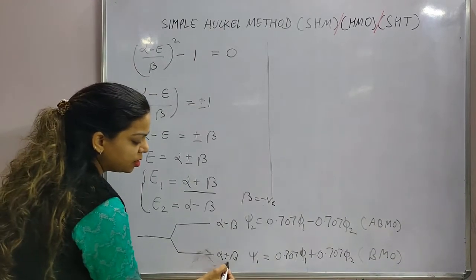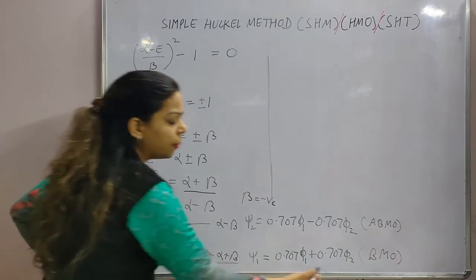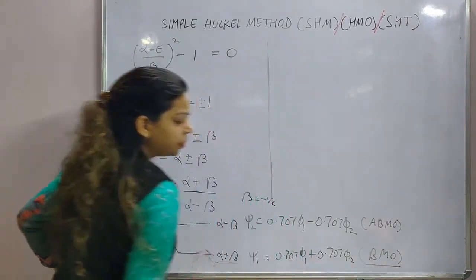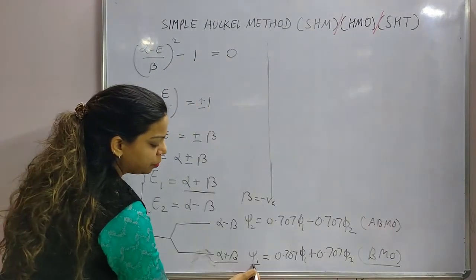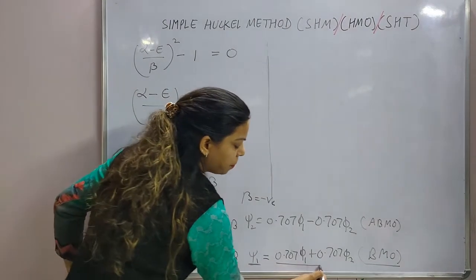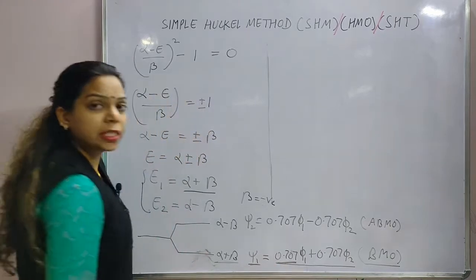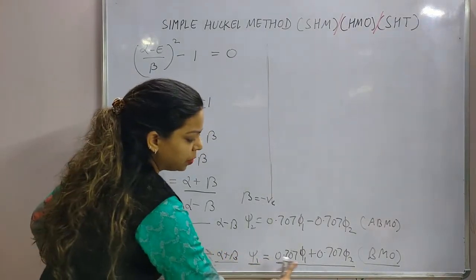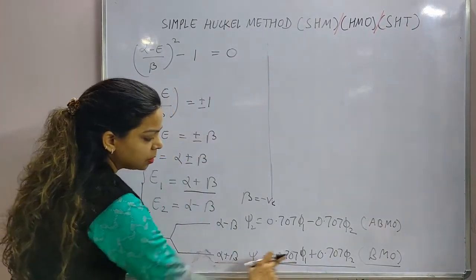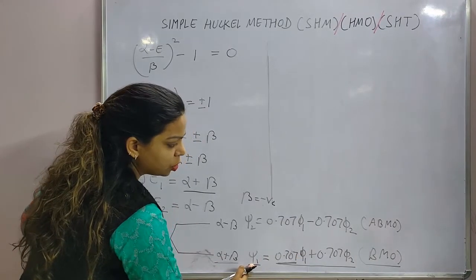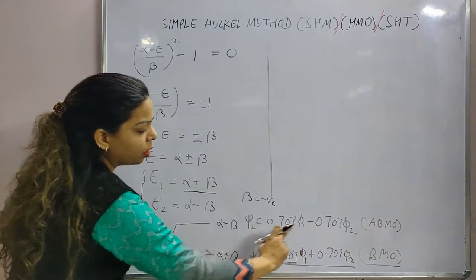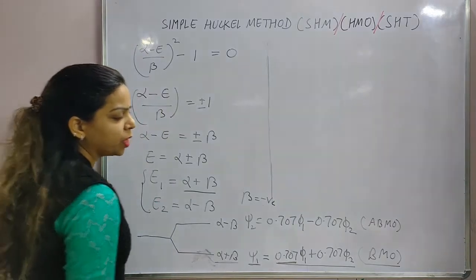So this energy will be corresponding to the bonding molecular orbital, and the wave function for this comes out to be this. Here these are the coefficients, the values of C1 and C2. So the values of C1 and C2 for this plus sign for the wave function are for the bonding molecular orbital. For the anti-bonding we have a minus sign. It means